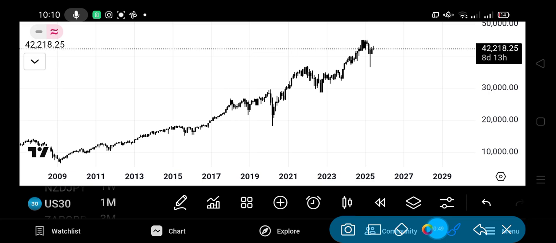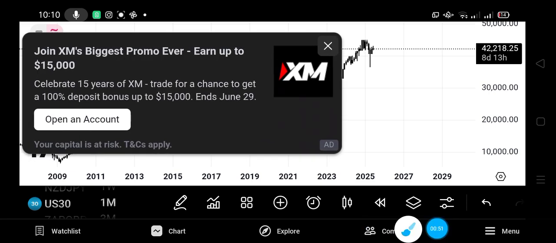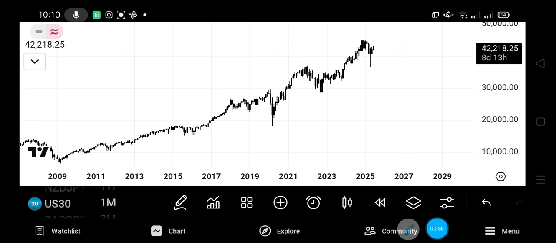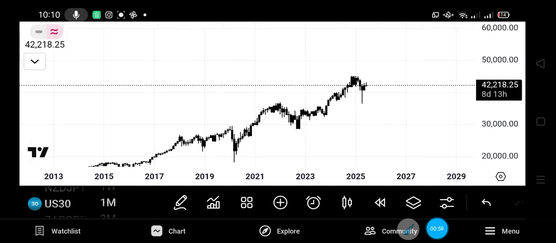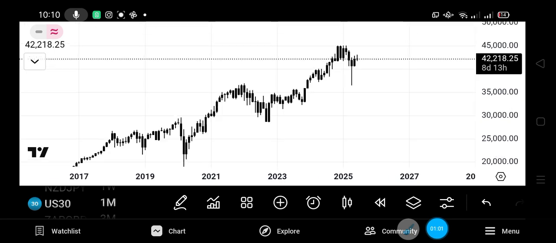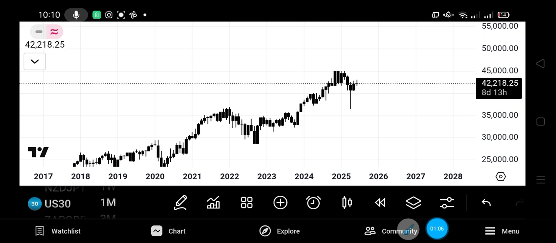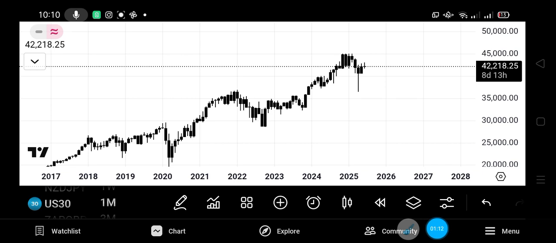So what do we do? Say for instance, you open your charts and this is where US 30 brings you. It brings you onto the monthly chart. So what do you do? What I like to do firstly, before doing anything, is mark out the areas where price retested or price reached before. So it's essentially searching for areas of liquidity where price mitigated or where price liquidated and then